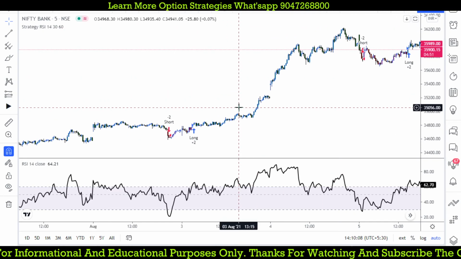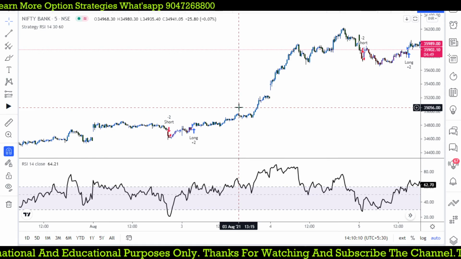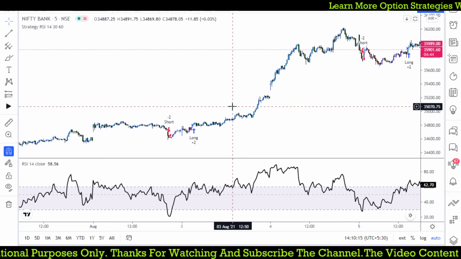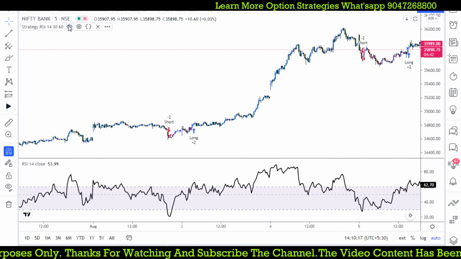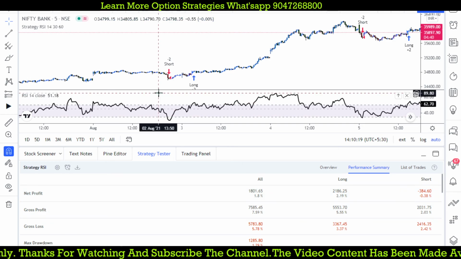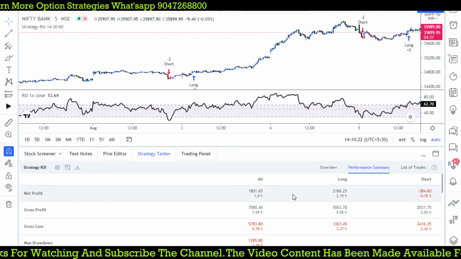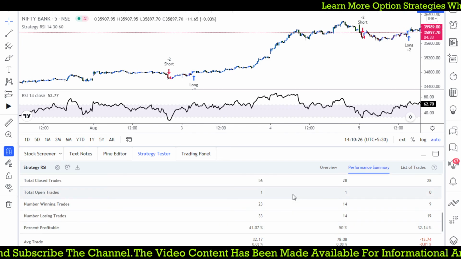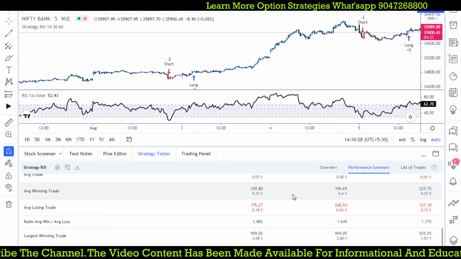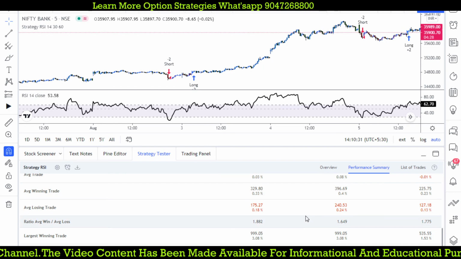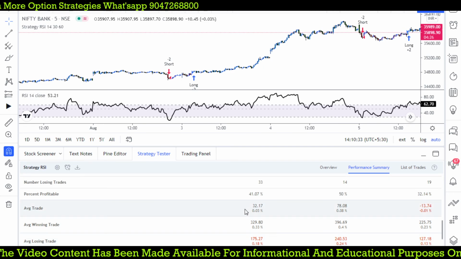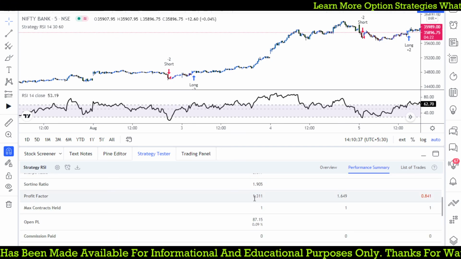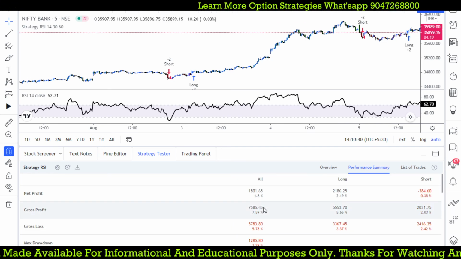So if you are simply following, when the RSI breaks above 60 on Bank Nifty, we can try to buy. When it goes below, we can try to sell. If you are testing again, the 5 minutes time frame always works better. 1400 points, and the profit factor for that is somewhere around 1.8. Sorry, that profit factor, right? Let's check it out: 1.3. So that is giving you such an intraday profit.